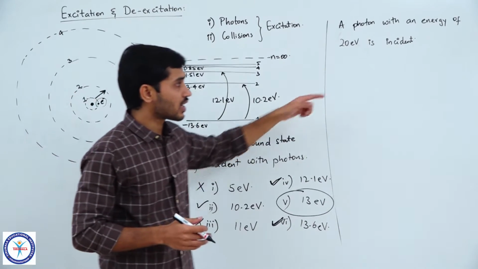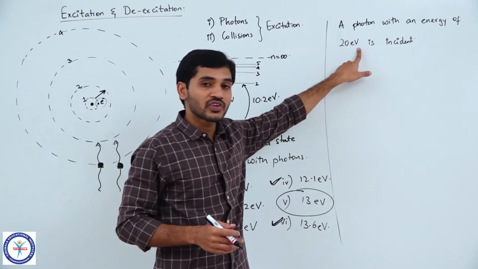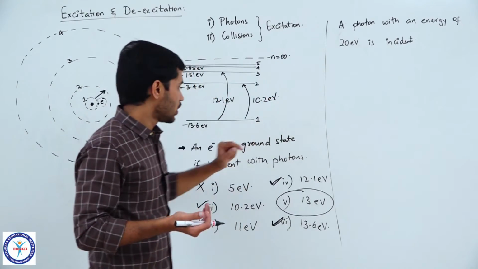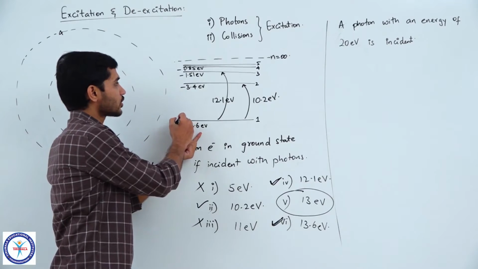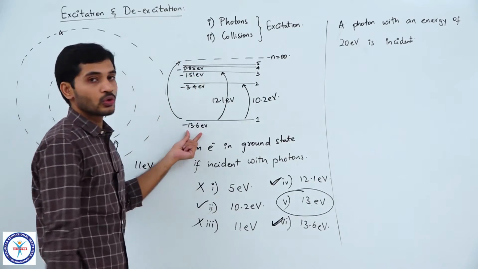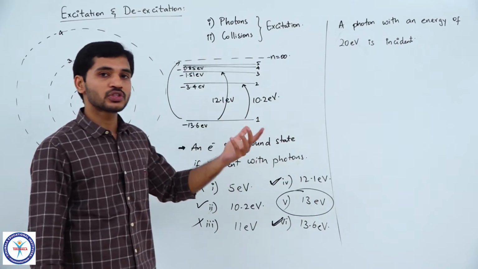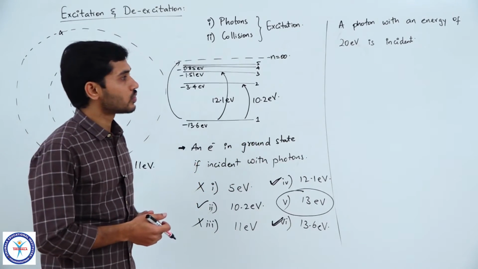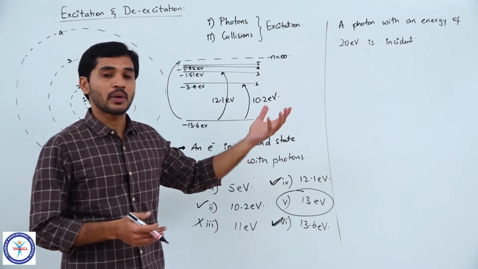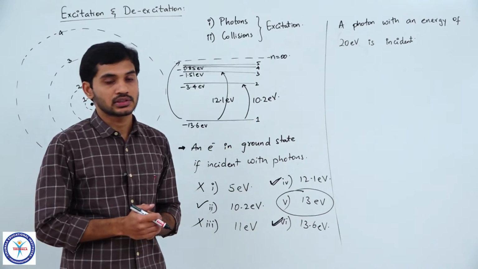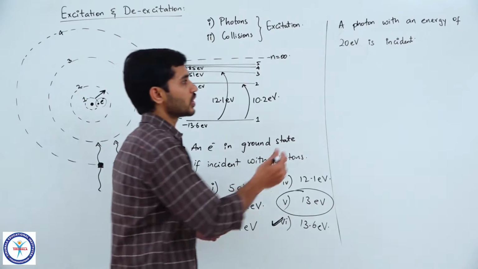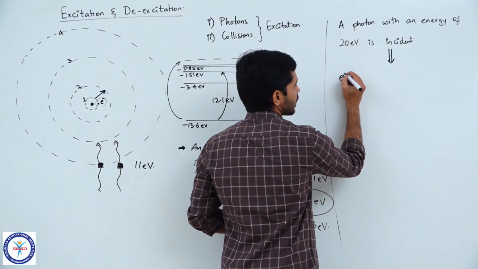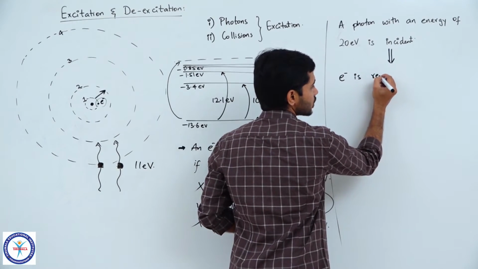So, that means that whenever 20 electron volts of energy is given to the electron in ground state, it uses 13.6 electron volts of energy to go to infinity, and once it goes to infinity, it is no longer controlled by the nucleus. So, the remaining energy will appear in the form of its kinetic energy of the electron. So, in this case, we can say that the electron is removed